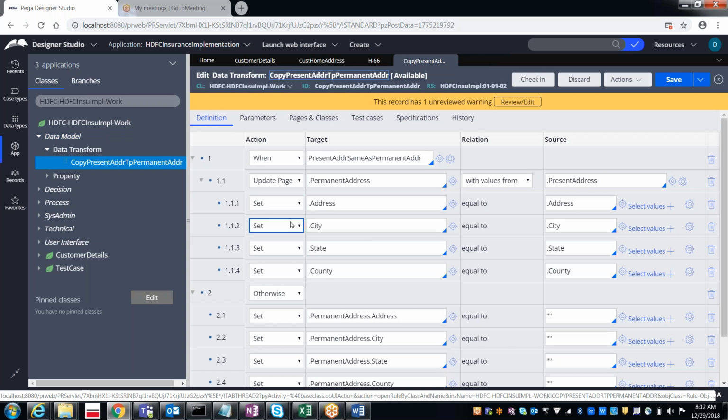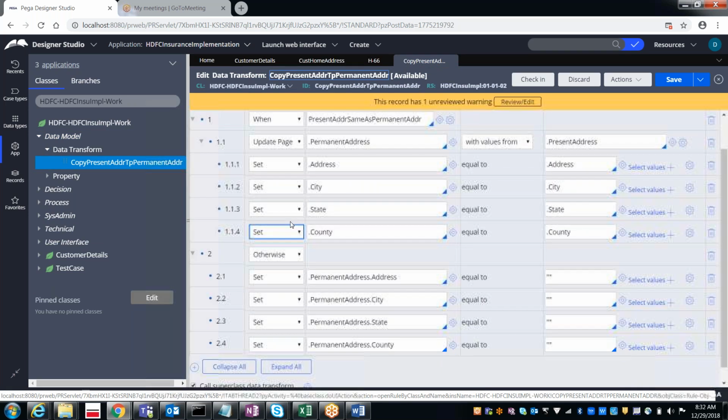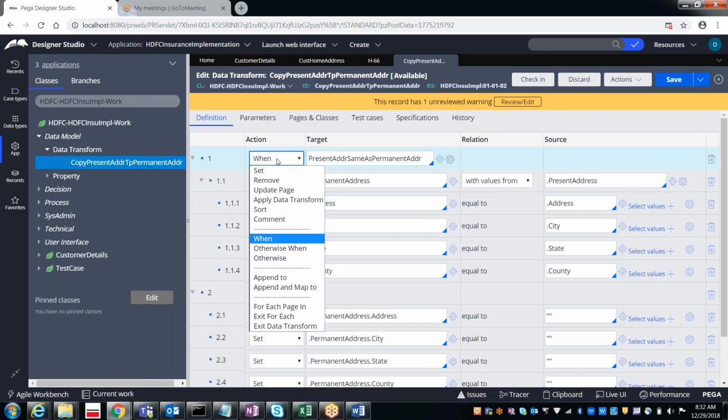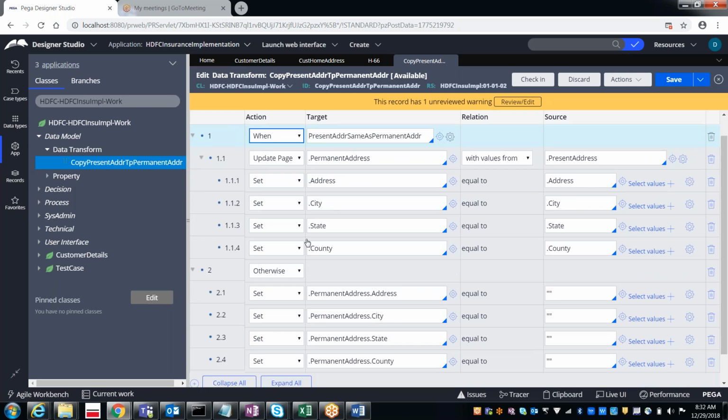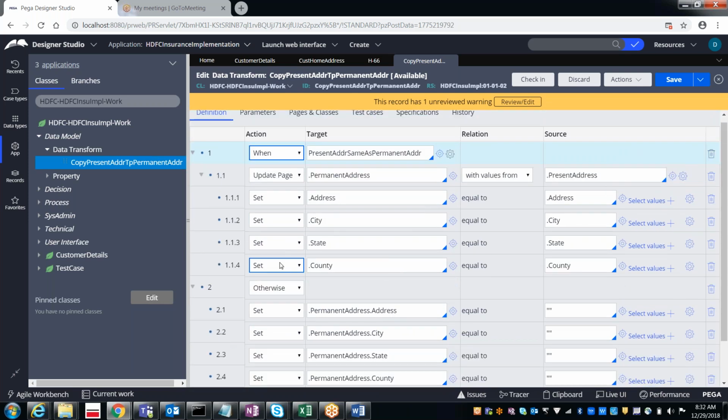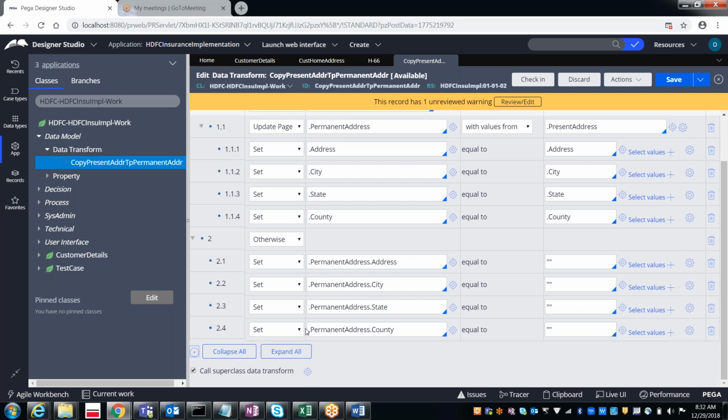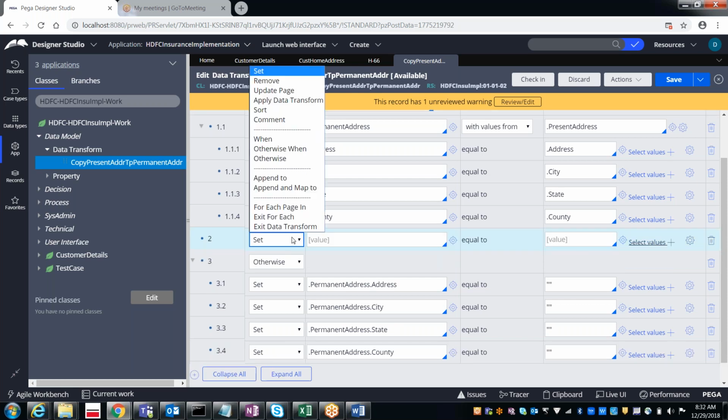Okay, here we can use various methods like we have in the activity. Like when rule we can apply. Okay, we can use the update page to update the complete page. So we can use the otherwise, and also we can use another option, apply data transform.